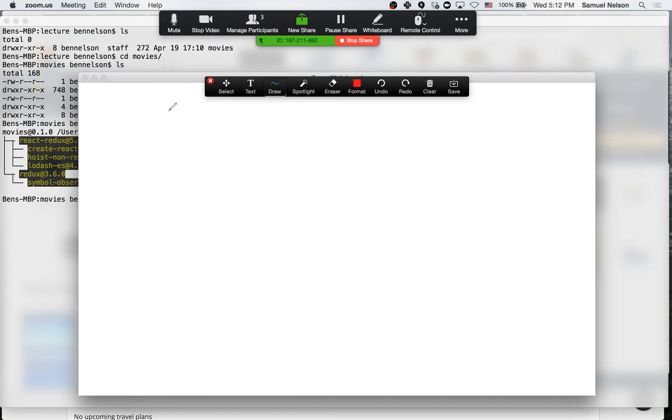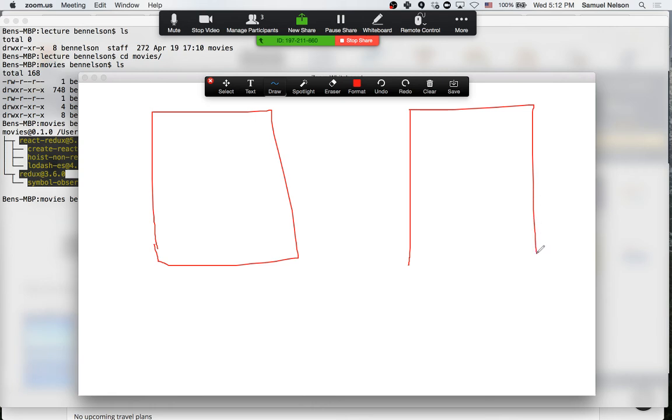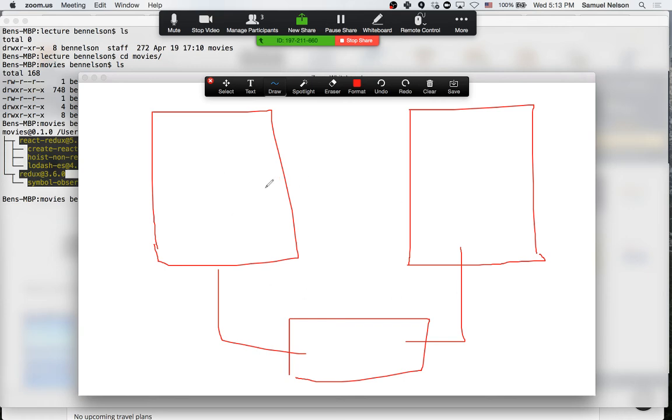So let's say that we have, this right here would be our application data. And then over here we have all of our React components. So these are our components. And then this right here is React Redux, and it connects them both. It connects all three of them together. So an important thing to know is that when we're talking about